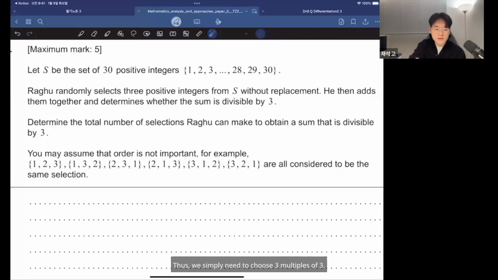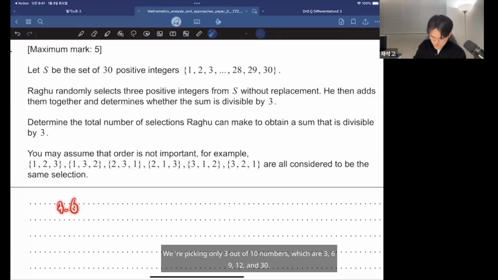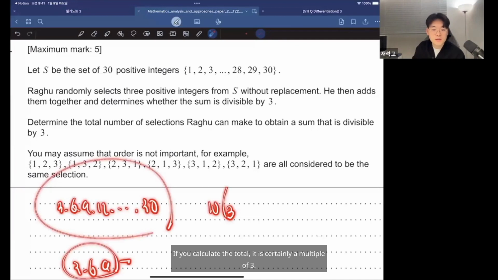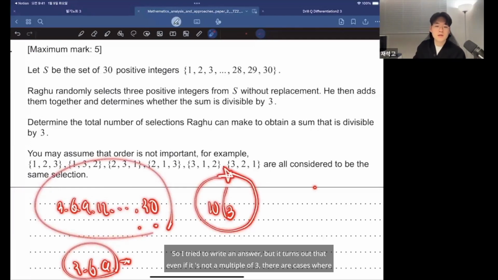Thus, we simply need to choose 3 multiples of 3. We're picking only 3 out of 10 numbers, which are 3, 6, 9, 12, up to 30. If you calculate the total, it is certainly a multiple of 3. So you simply need to choose 3 multiples of 3, so I tried to write an answer, but it turns